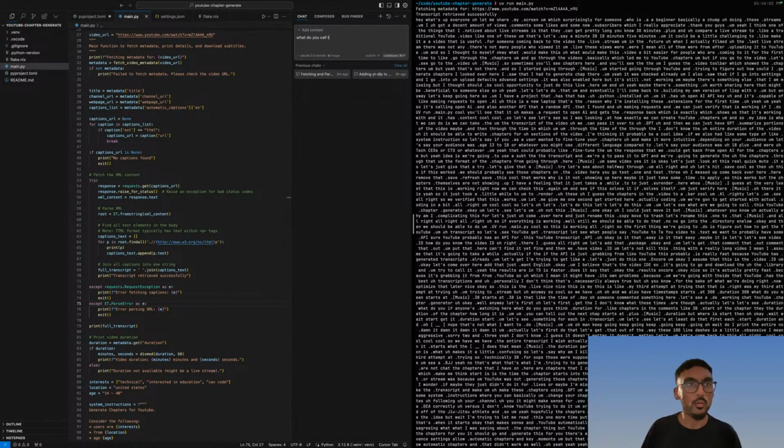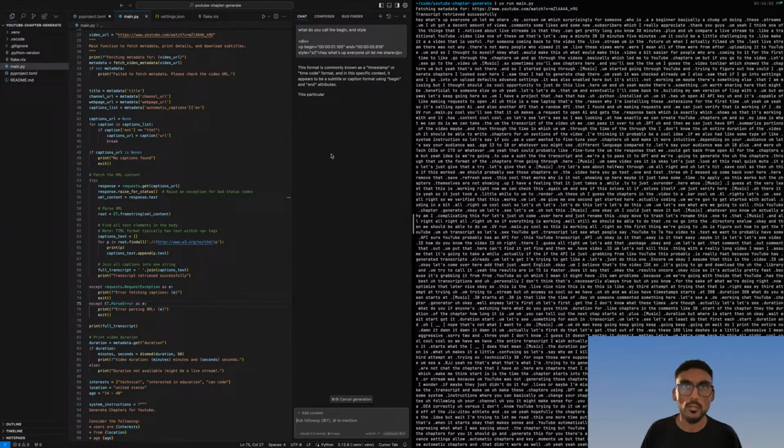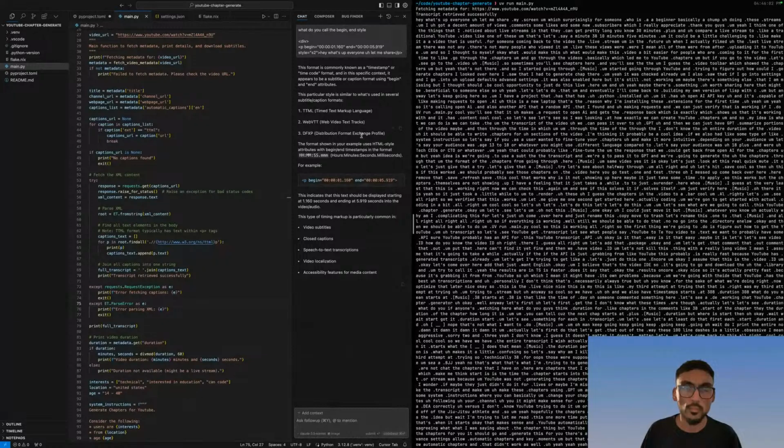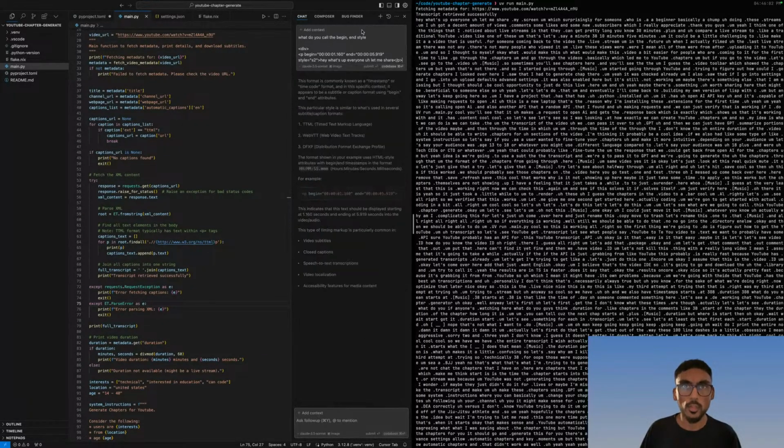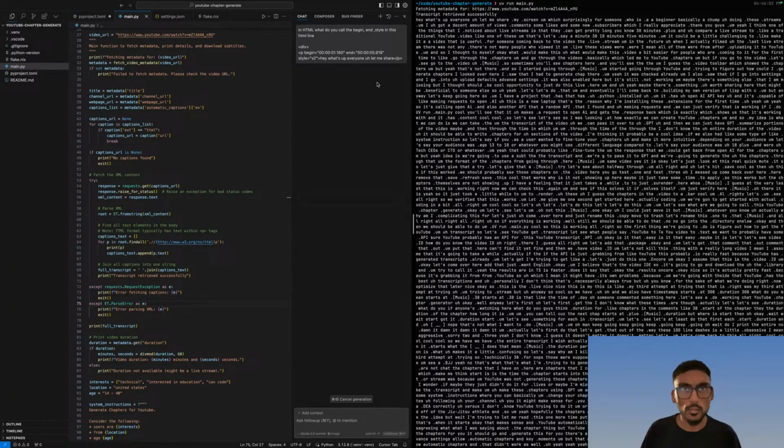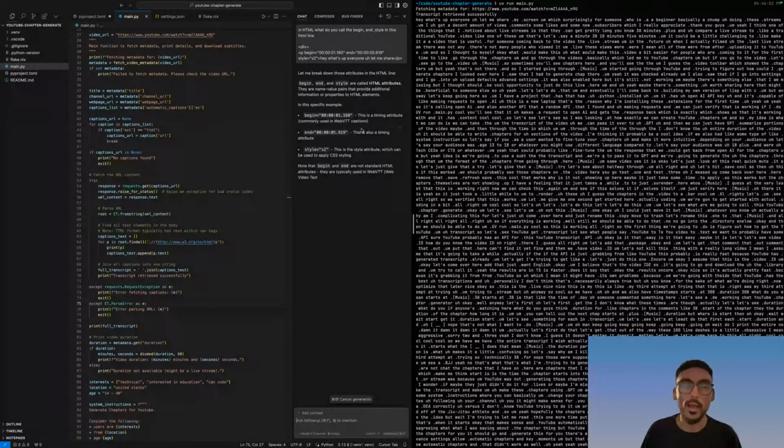What do you call the P begin end style? No, that's not what I'm. No. In HTML, what do you call style in this? HTML attributes. Yes, these are attributes. Okay.